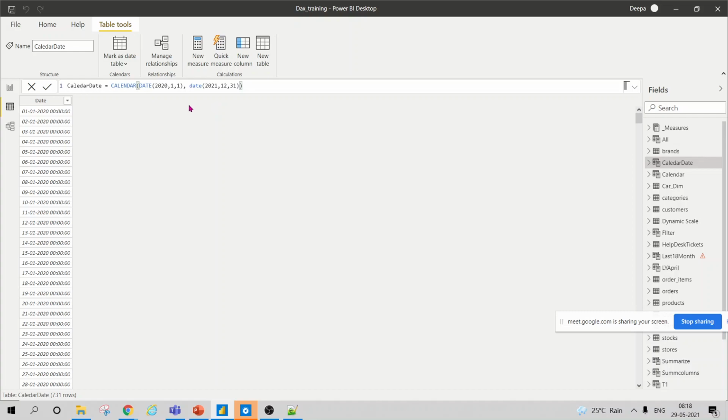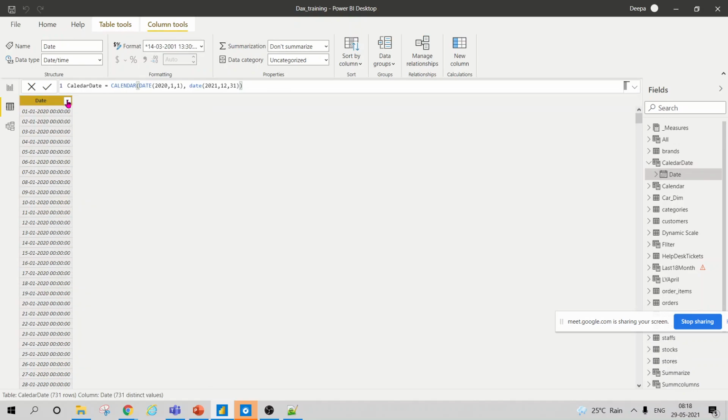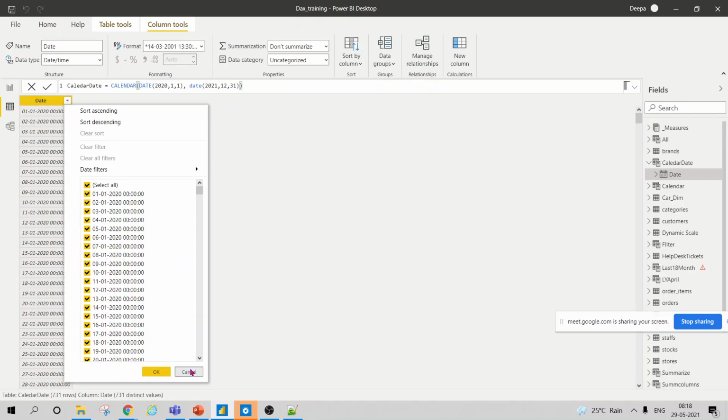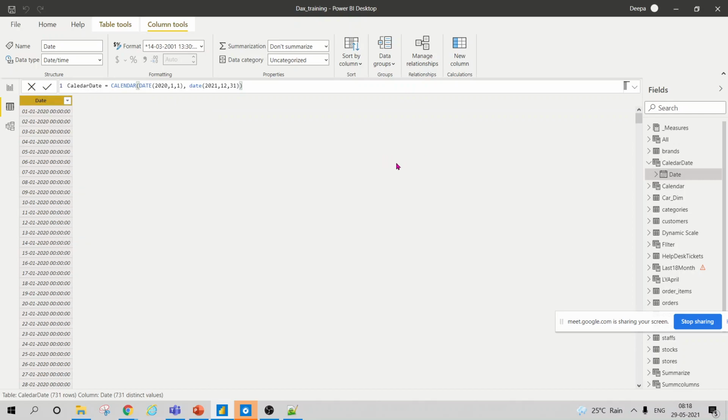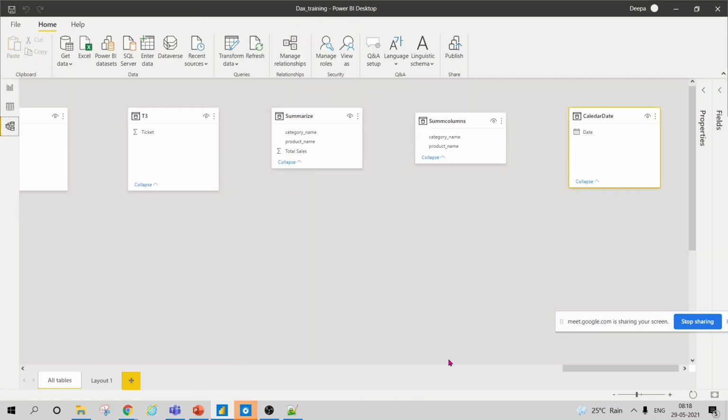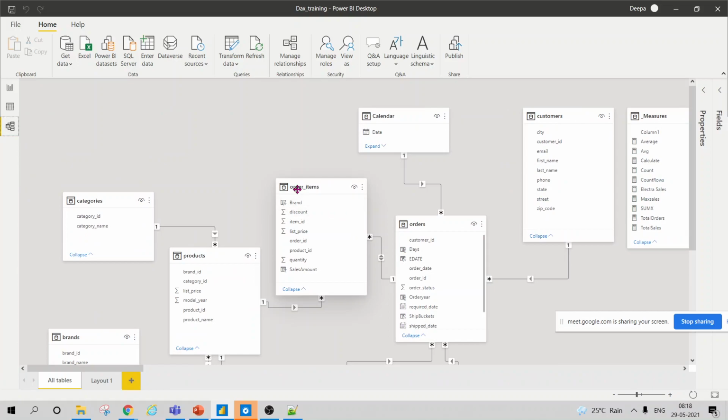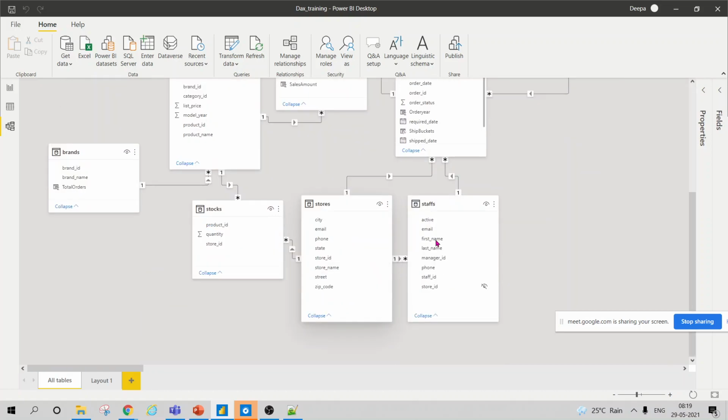Then I will create multiple add columns. In this case, we'll also learn about add columns. It will give you one record for all the dates. One more reason why you should create a calendar table is that in your fact table, for one date there could be multiple orders, multiple records. On one date, like 29th of May, multiple transactions could happen, and multiple shipments could happen.